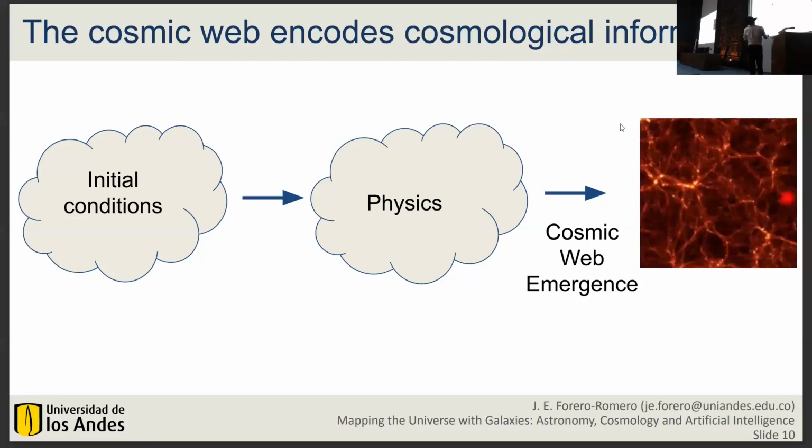And in the present, we have now the cosmic web, as seen in simulations. We have the voids, we have the filaments, we have our clusters, and we have our sheets of matter. If you change the initial conditions, or if you change the physics, the cosmic web will look different. So what is happening now is that the cosmic web is encoding the information of the initial conditions and the physics. And the whole work here is how to decode that information, how to extract the information from the observed cosmic web.